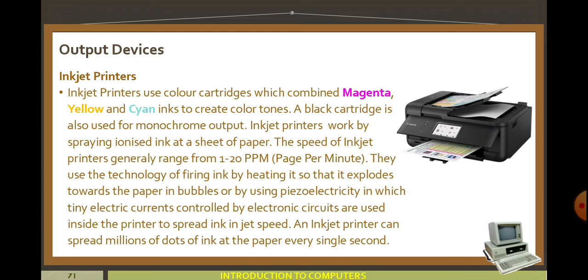Inkjet printers can spread millions of dots of ink at the paper every single second. So in a laser printer, they pass a laser beam through the drum to take the printout. In inkjet printers we use cartridges, and at the time of taking the printout, it just spreads the ionized ink throughout the paper.